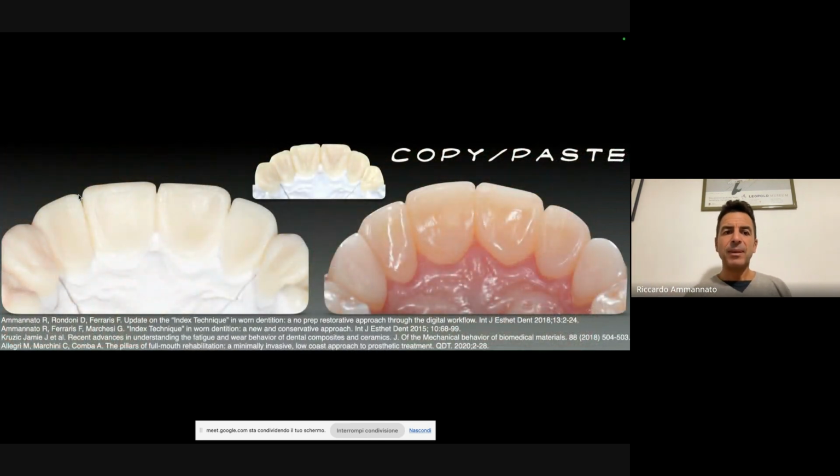Here we have the initial project that we delivered for the test drive, but for the phonetic, we had too much volume here. So I asked the technicians to decrease the volume and to go to this kind of design, and this is what we deliver to the patient.